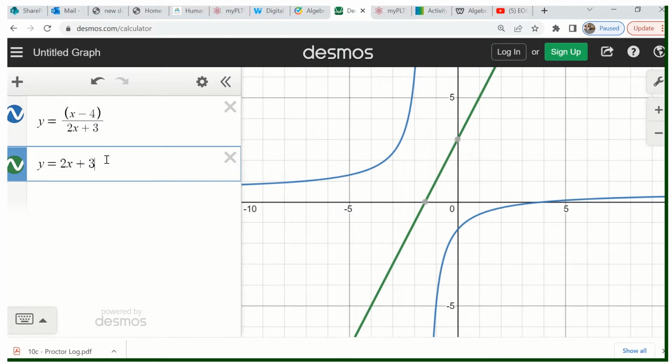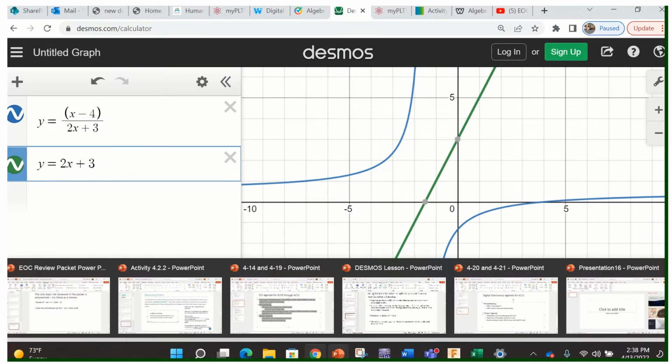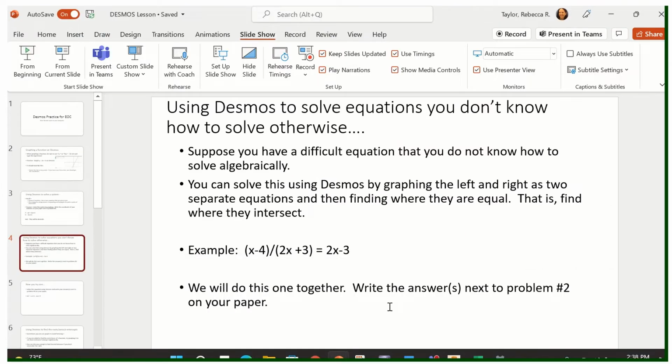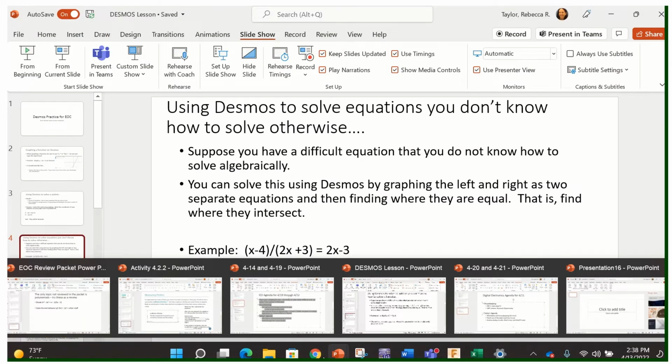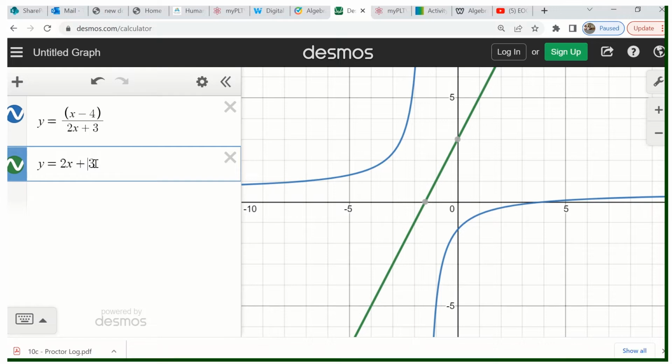Now, here's the beauty of this. Ooh, that is not what I wanted. Hang on, did I copy that right? 2x minus 3. There we go. Let's copy that right. Okay. There we go, better. And the beauty of knowing how to do this is that even though that blue